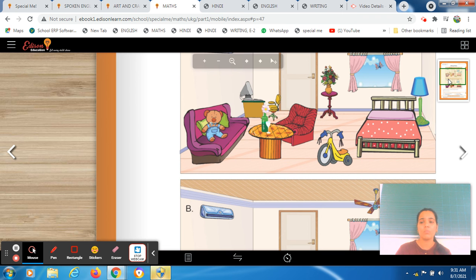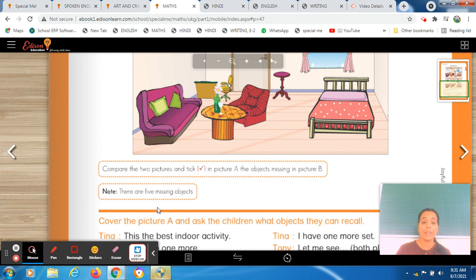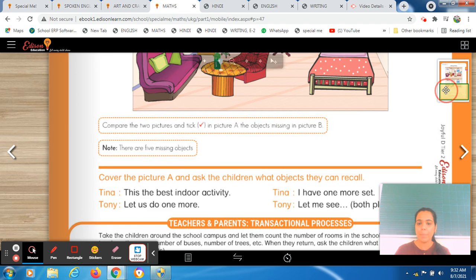Okay, so we don't know how many objects are missing. So let's see, is there written कि आपको कितने missing objects find out करने हैं. So it's already written there are 5 missing objects. तो हमें total 5 objects find out करने हैं जो missing हैं picture में, right? So you all have to focus very carefully, बहुत ध्यान से आपको फोकस करना है. Okay,